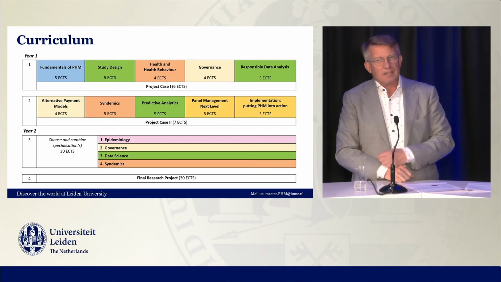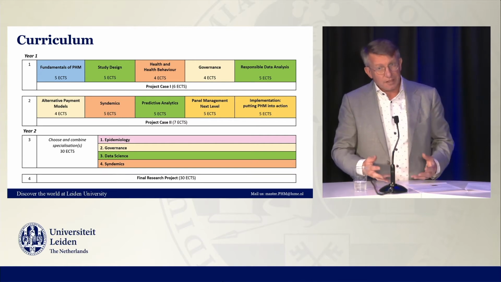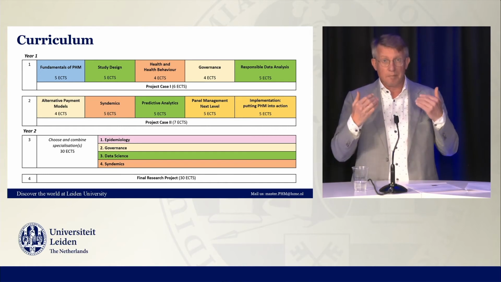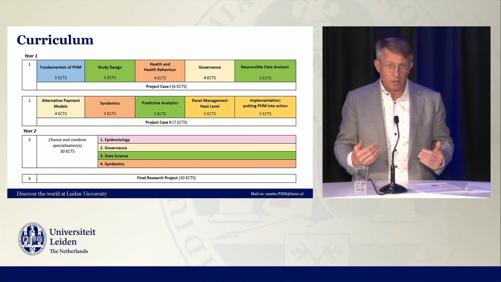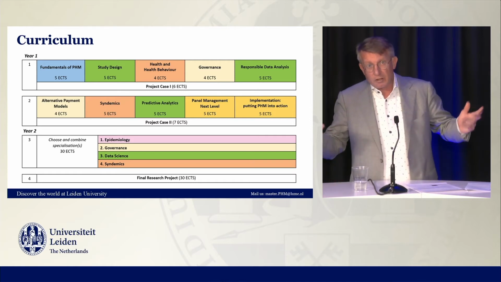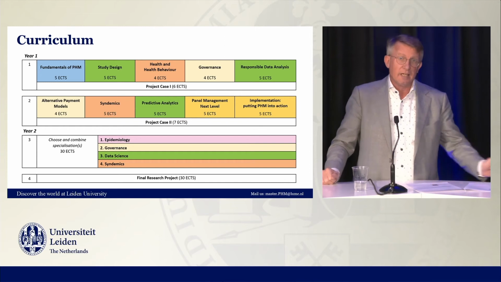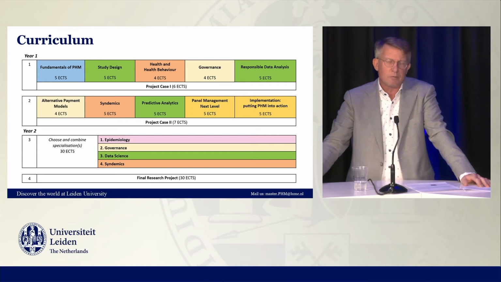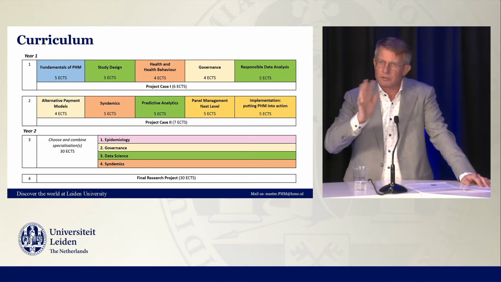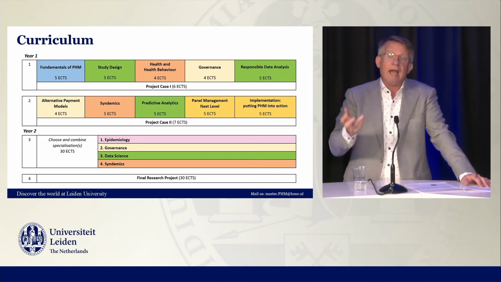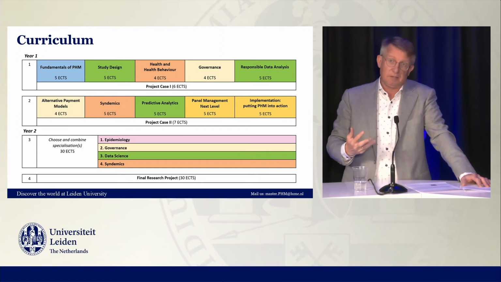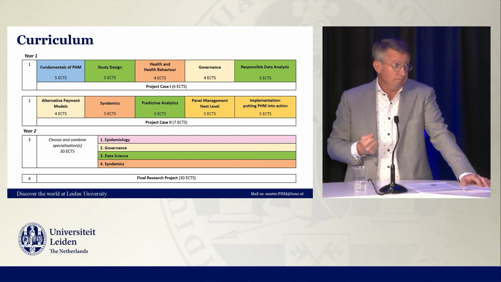And then in your second year, which is a free format program, which means that you can choose based on your own interests, your own knowledge and competences, where you want to accelerate later on. Those labels are only directions. They're not fixed. You can make combinations of those labels. You can choose your own direction and make your own program. It should be, in a way, interdisciplinary. But that gives you a lot of room.